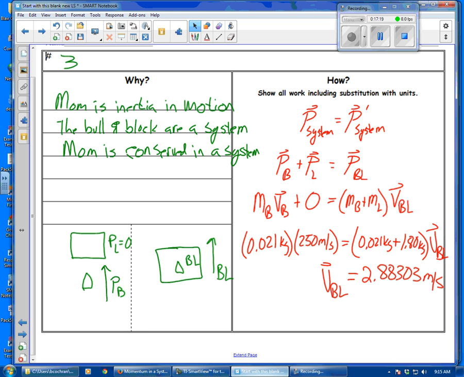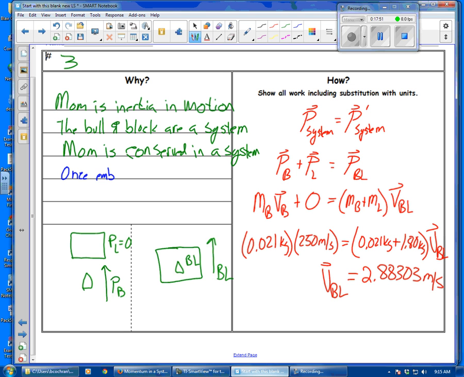Ooh, as soon as it's embedded, what type of thing does it become? It's a system, and then that system is a projectile. Remember those? Yeah, it's one of those hassles in this class. You can't forget things. You gotta just keep building on your knowledge. So, they want to know how high it is, and so I need to realize that